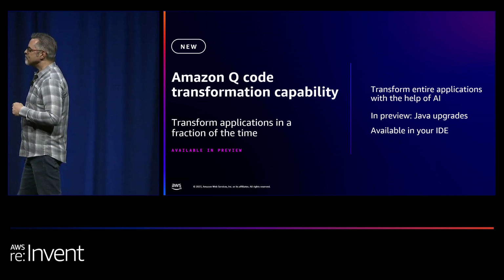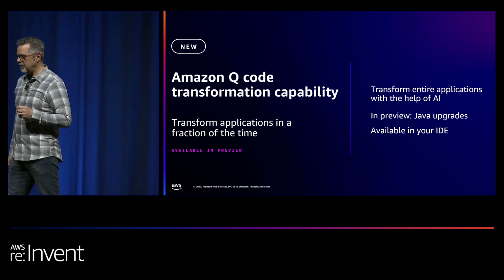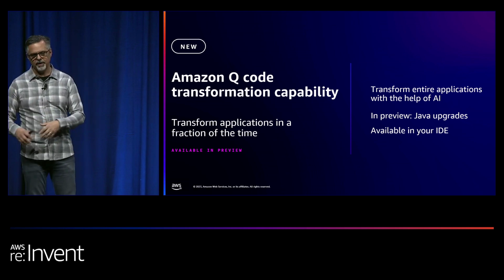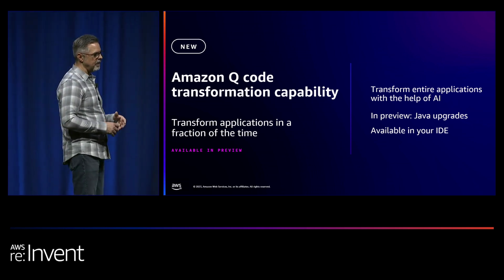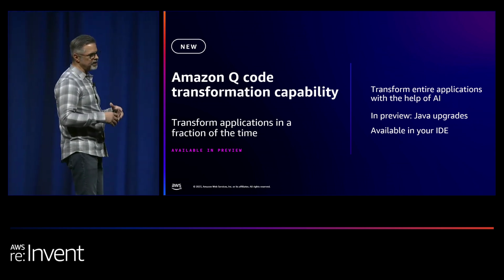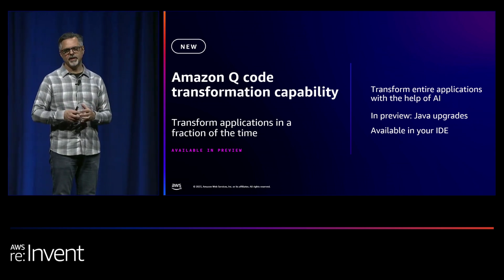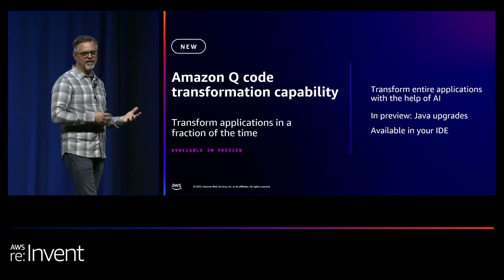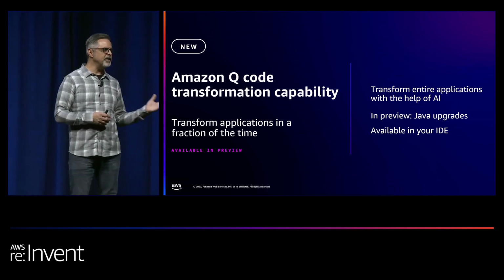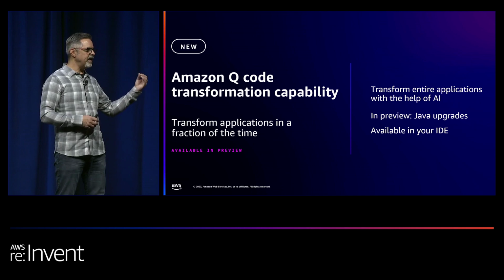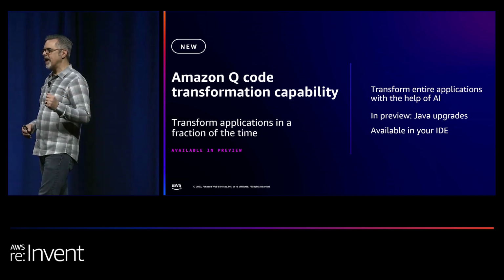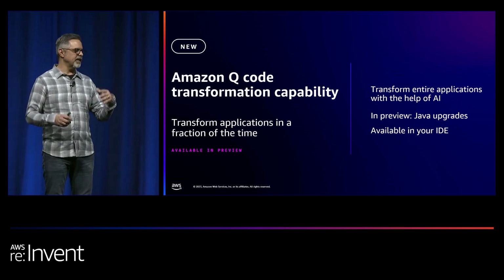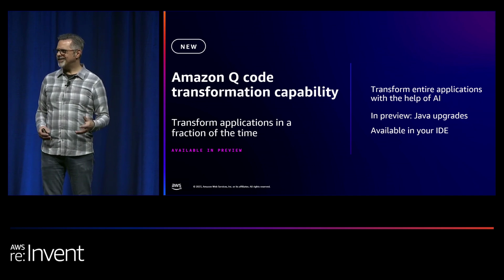Okay. So one of the things that we did is we always look at what is hard, what is difficult, what is time consuming in the software development process. And we look at all the places where there's bottlenecks and there's toil and there's just time spent doing things that are well understood, like not solving the new problems, but repeating the things we already know how to do. Transforming Java applications is one of those things. So taking an older Java application and upgrading it to a more modern Java application where you get rid of the deprecated dependencies and things like this. This is a very solved problem. It just takes time.